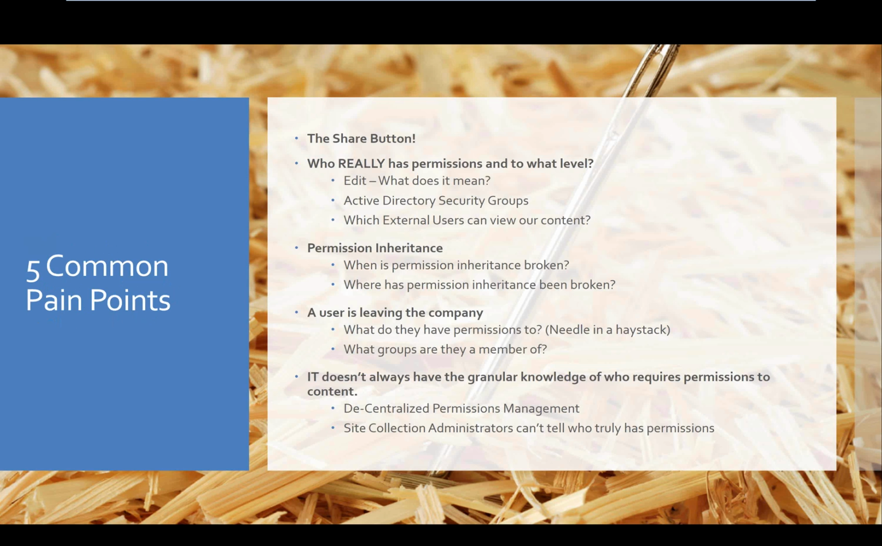So permission inheritance, understanding where permission inheritance has been broken, both at site level and item level, even list and library level, is a challenge. You can see it, but you have to go and visit the permission page for every object. You get that yellow banner at the top that tells you whether the permission inheritance has been broken or not